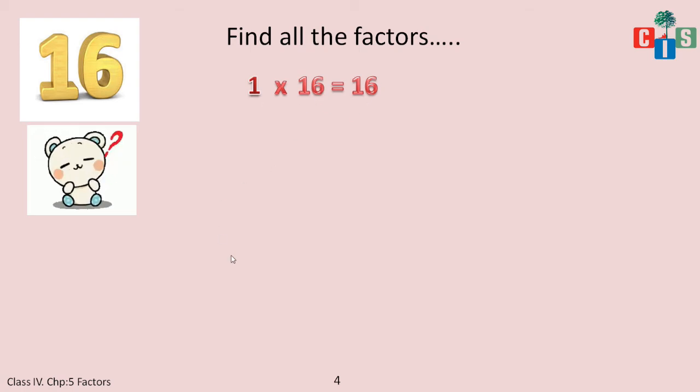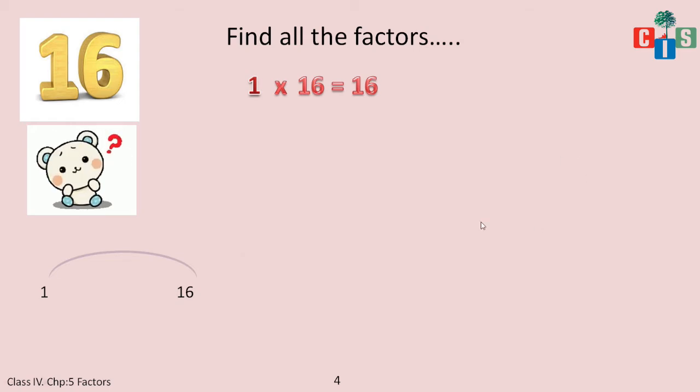We will write it separately, 1 here and 16 here. For each factor pair, this is a pair, 1 and 16, you draw an arc, like this, to show which numbers are multiplied together. This will help your thinking to be very clear, and you will avoid some mistakes.